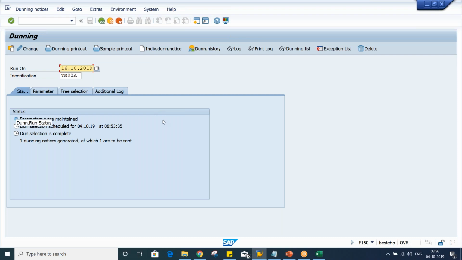If you have taken the sample printout, that is not the final run. What is the final run, guys? If you take the printout, then the system will consider that this is a final run. So you have to click on printout, and then, if you want to see the third reminder,